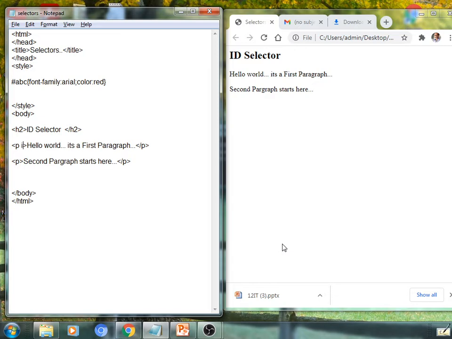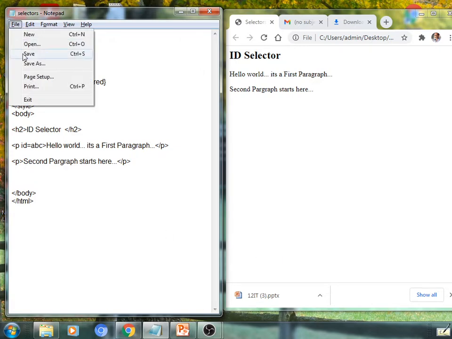It is possible by using the id attribute. Add id equal to the name of such an ID selector, whatever name is given in the design. So ABC as the name of such an ID will be applicable and its effects will be applied.